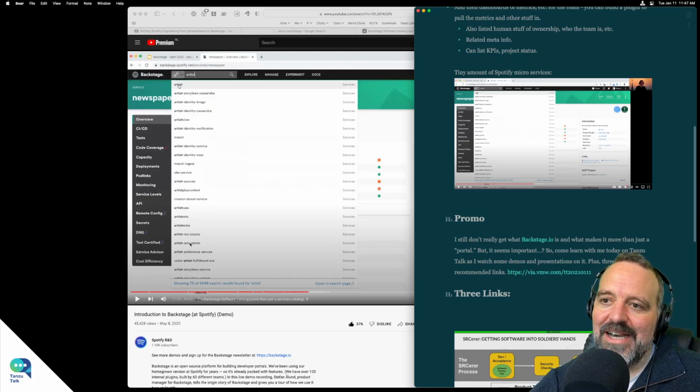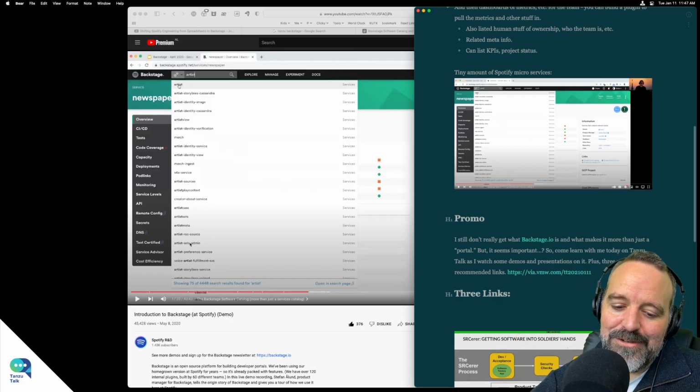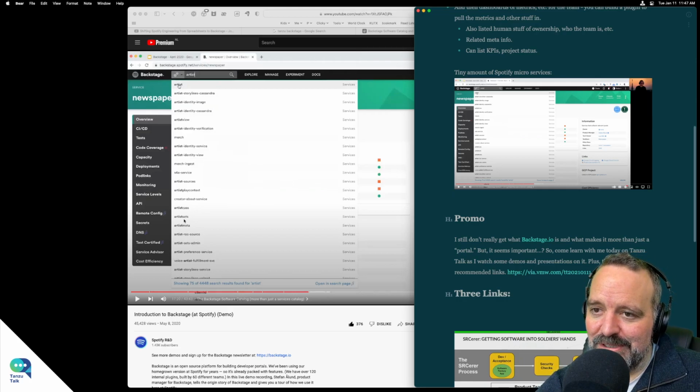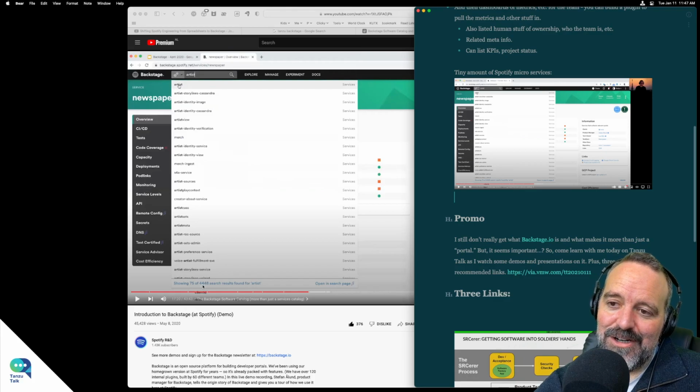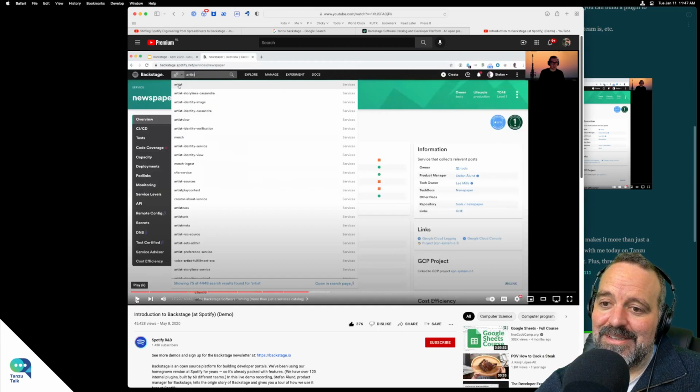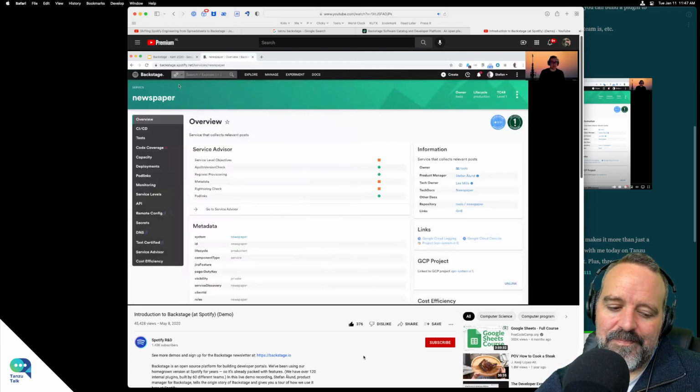It's often hard to get an idea of what microservices are and the scoping of them. But you can see, I guess, I don't know what artist sources would be, identity service, storyline, Cassandra, oh boy. And then how many do they have? It looks like they have, for artist alone, over 4,000 services. So that's delightful. That's a lot. It's all in one software catalog, all the different types.